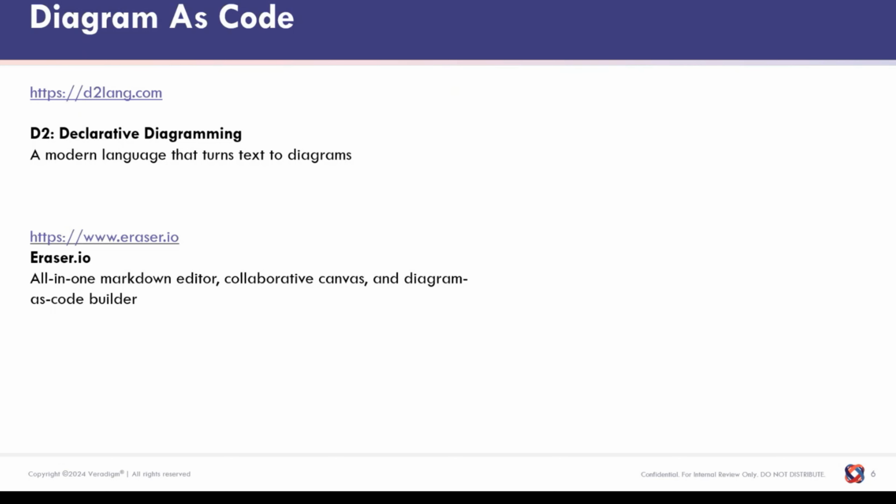D2 is totally open source and free. You can install that locally and you're ready to rock and roll. Eraser.io is free for up to 5 diagrams, but at $10 a month, I think it's very reasonable for that kind of cost. The one thing I will say that I did like about Eraser is that it lent itself